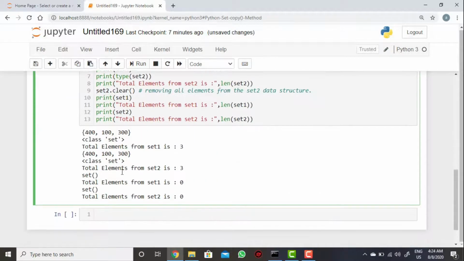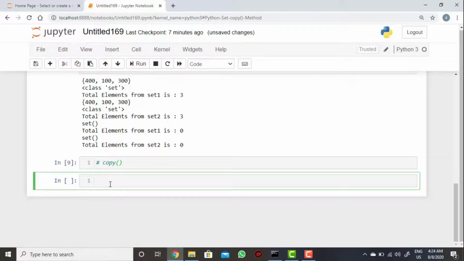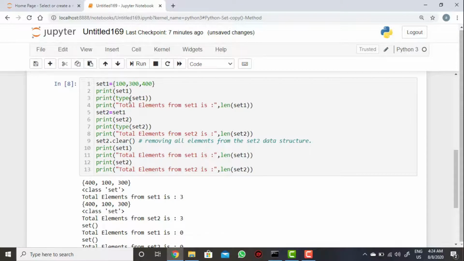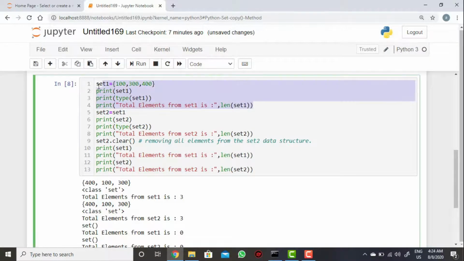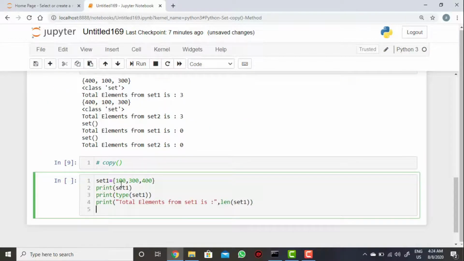Now to overcome this problem, to overcome this restriction, we use the copy method. In the set data structure, when we use the copy method, it will not reflect on the base values. Now we need to take the same values here, the set1 values. Then I am trying to take set2 equal to set1 dot copy method. So copy, and this is also a deep copy.